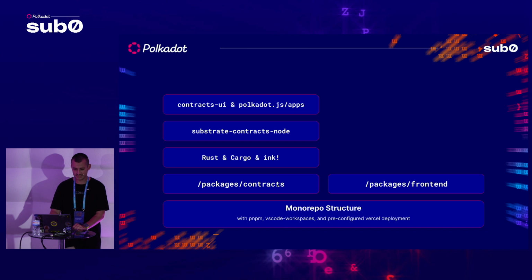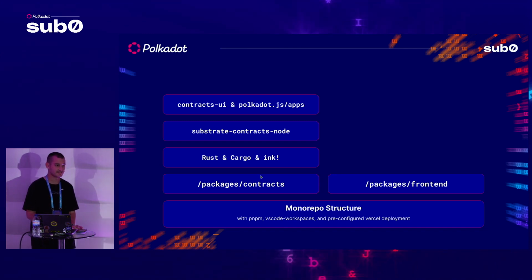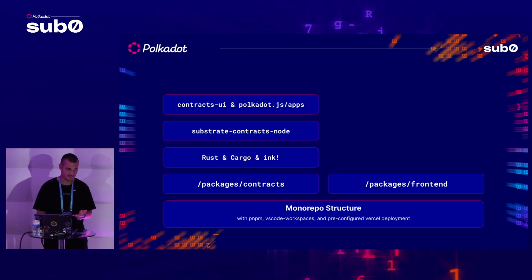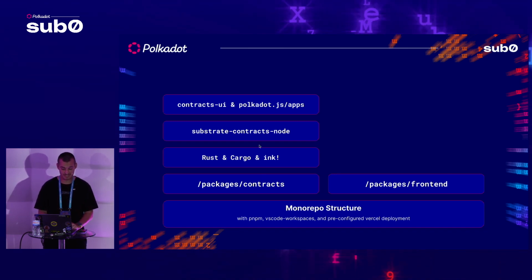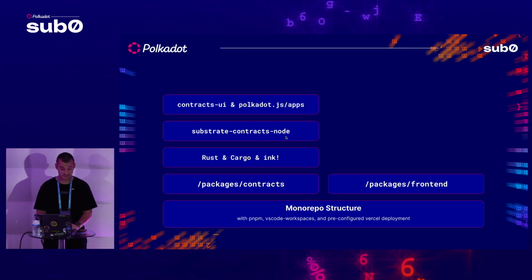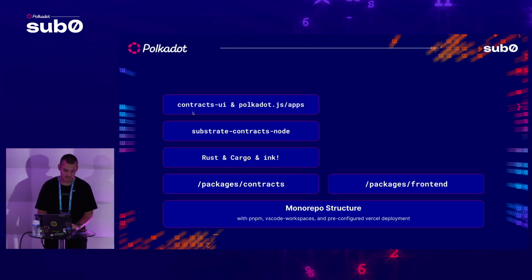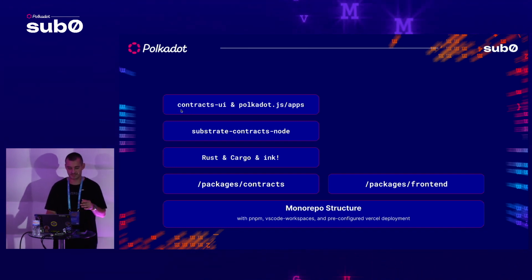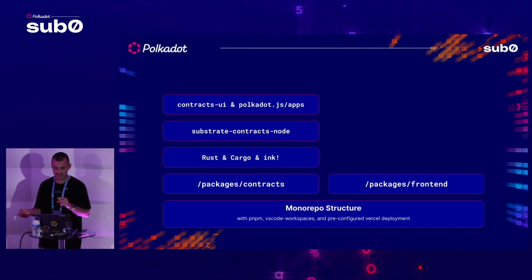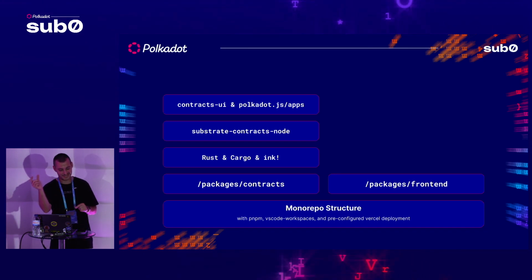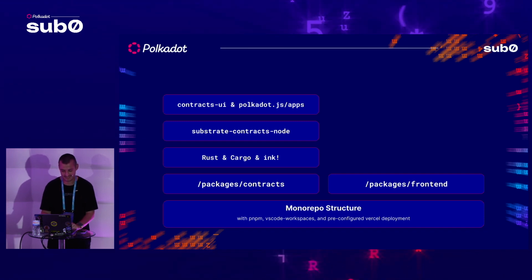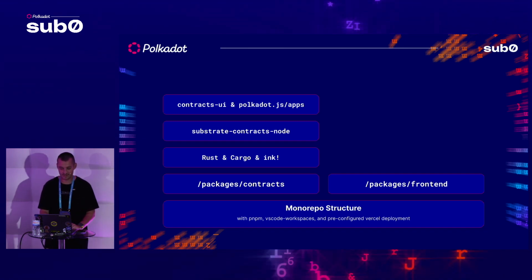In the contracts directory, what do we need to write, build and deploy contracts? Of course, Rust, Cargo, ink!, and the substrate contracts node I mentioned earlier is here for running a local node, and I will show you in a minute how this is done. On top, it has some PNPM scripts that start a couple of services like Contracts UI, Polkadot.js, and also some others pre-configured with the current RPC you're using. So that actually just saves you half a minute,